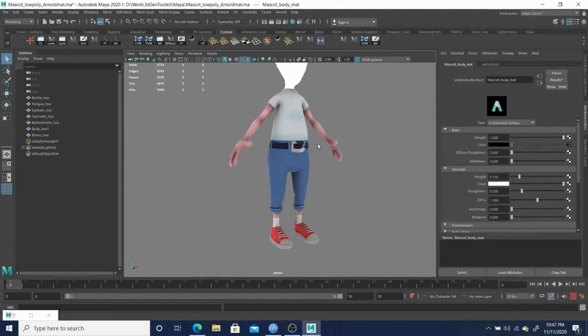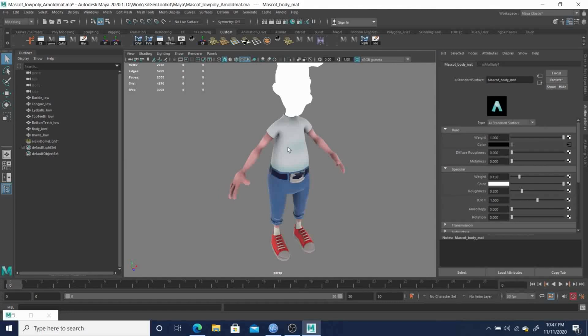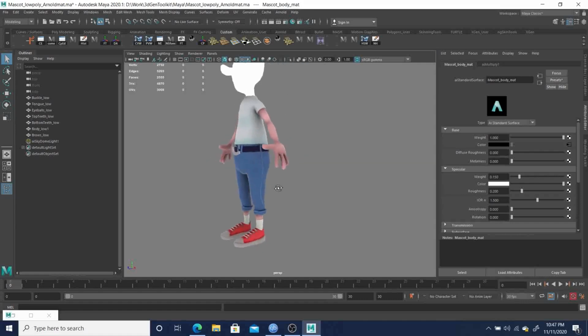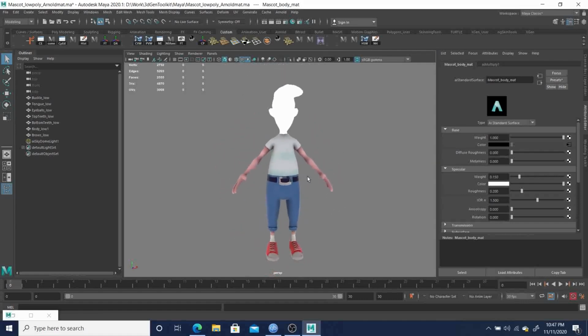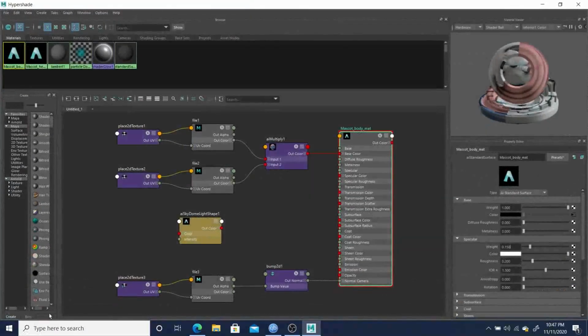So from this point, I'm currently in, yeah, so I have my light turned on, and I'm currently just using that sky dome light. It's nothing super special going on lighting wise. So from here, I'll go back to the hypershade again. Okay, and then from here, if I was going to,